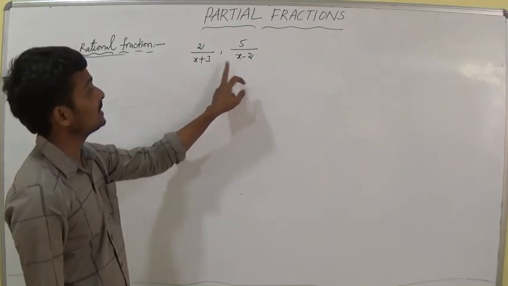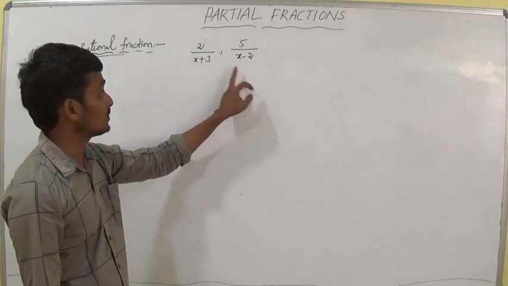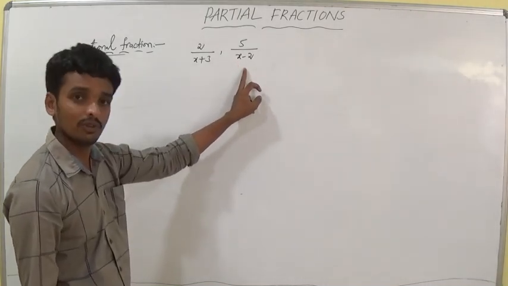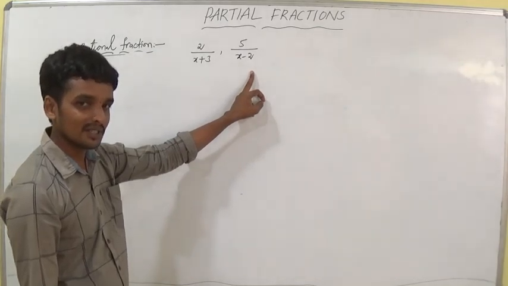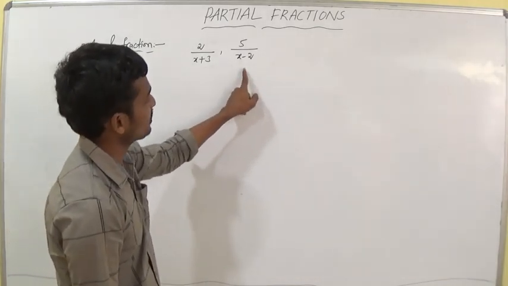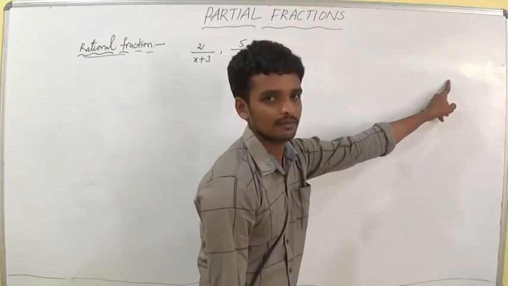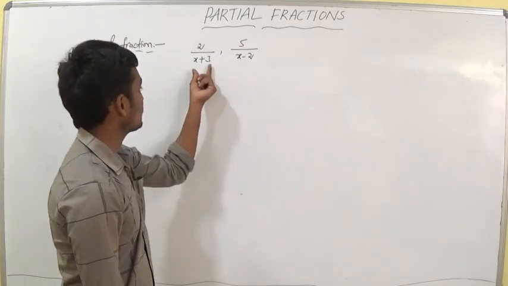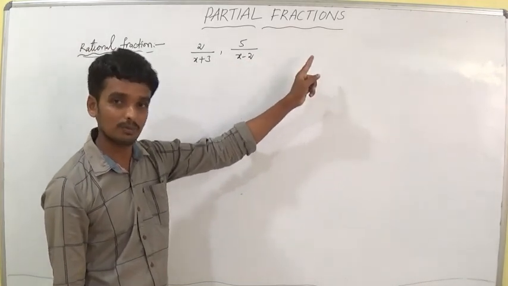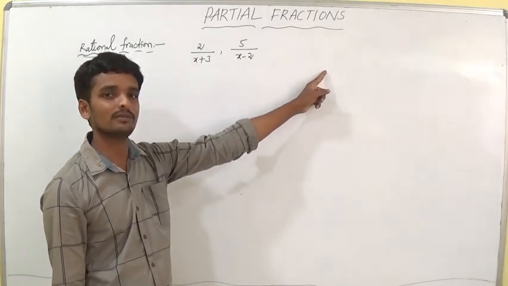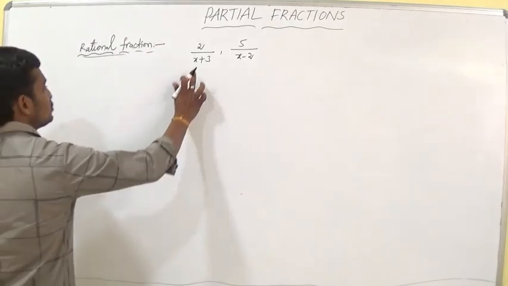If you add these 2, what will you get? If you subtract these 2, what will you get? You understand? The sum of 2 proper fractions, not only 2, even 3, 4, 5, what is the result? In the same way, if you subtract 2 proper fractions, what will you get? Is it a proper fraction or an improper fraction? We'll discuss. So I am taking 2 proper fractions.